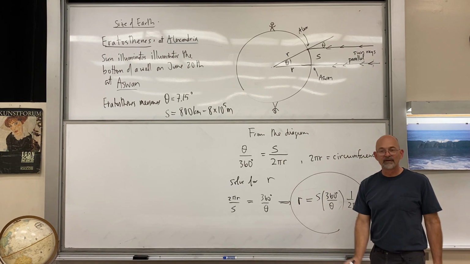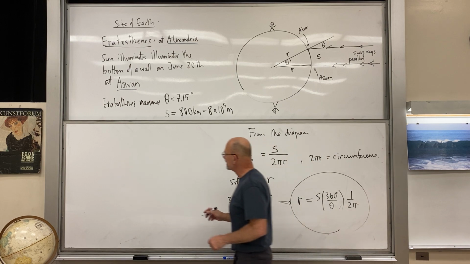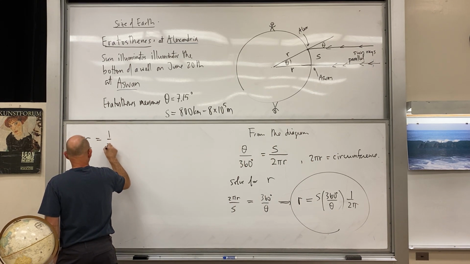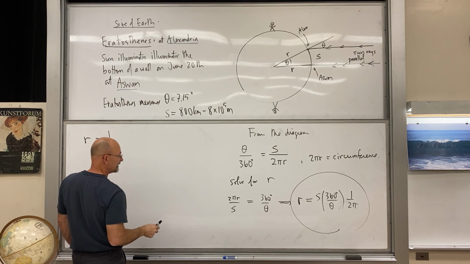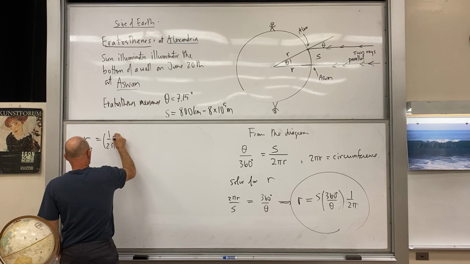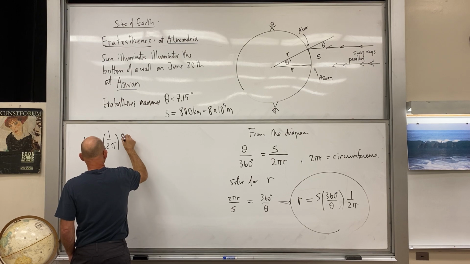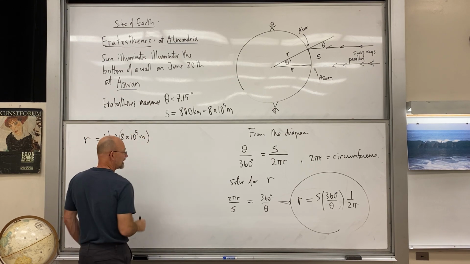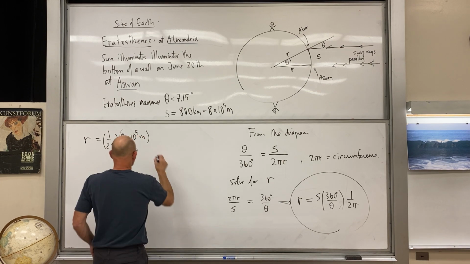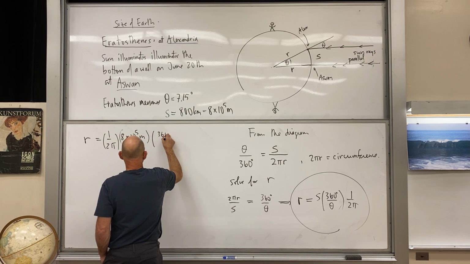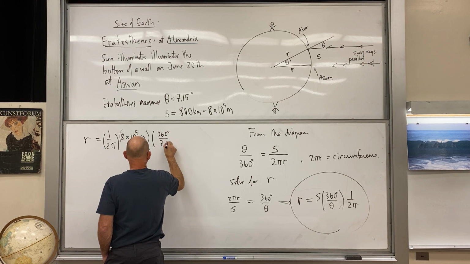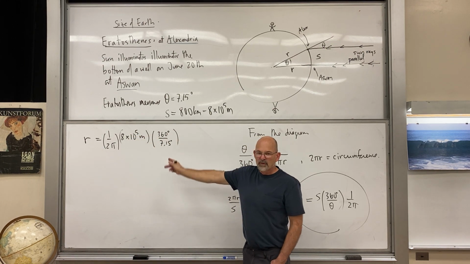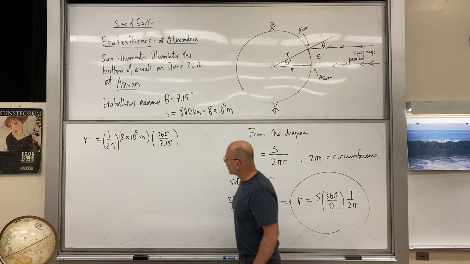So that's the radius of Earth. If we plug these in, we have r is equal to 1 over 2 pi, and then the s is going to be the 8 times 10 to the 5 meters. That's my s. And then I have the 360 degrees divided by 7.15 degrees. I think I have those numbers right. What we're going to find,